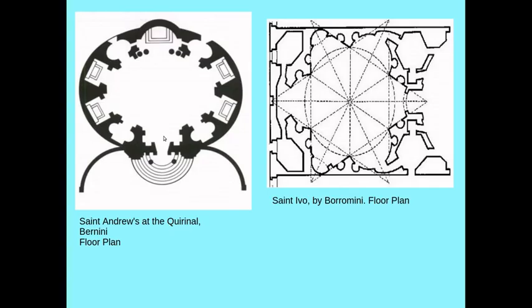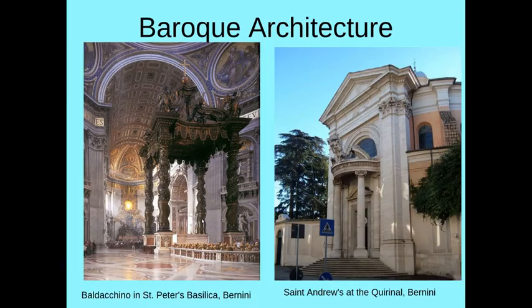Also, if we see the floor plans, they were very complex. So instead of having a rectangular floor plan or a circular floor plan or a Latin cross floor plan, they started to create these more complex floor plans that had mixed lines, making very different interior spaces. So here we can see